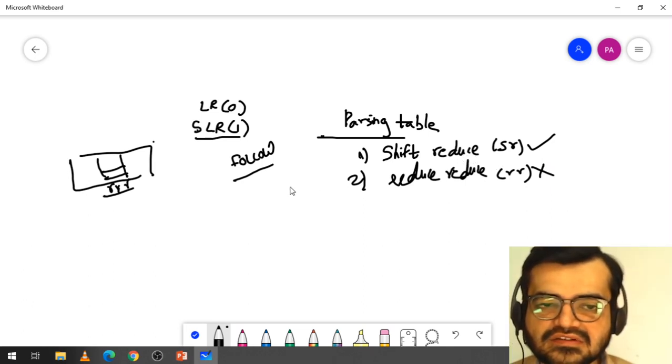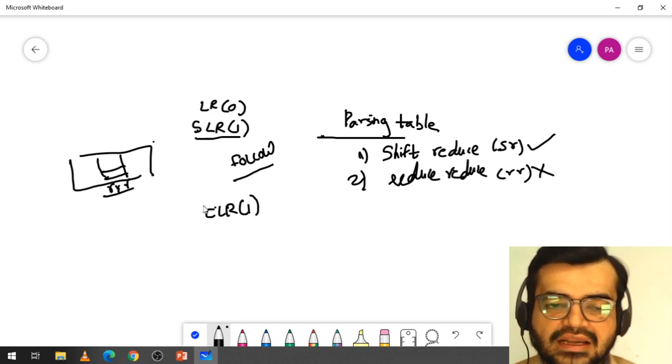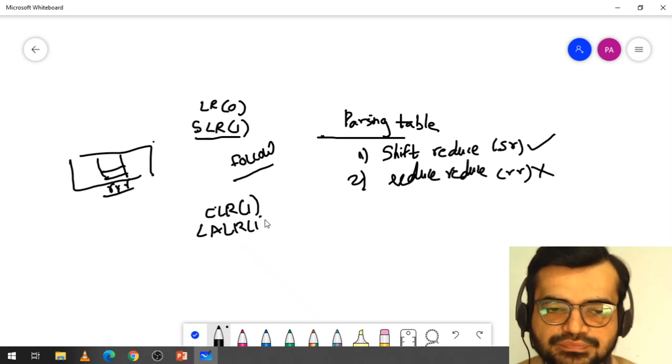Because of this, it is still not so efficient. So we use the next type of parser, called the CLR(1) parser, and after that there is another parser called the LALR(1) parser.